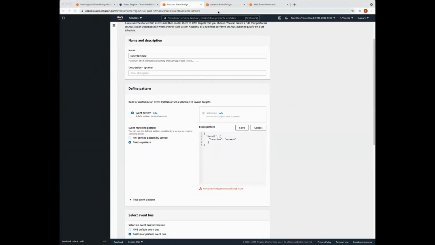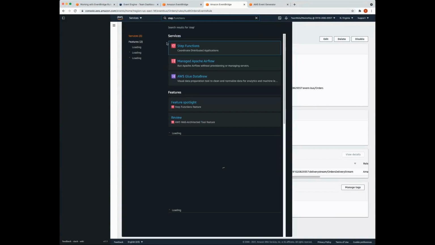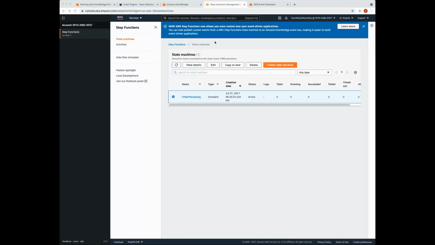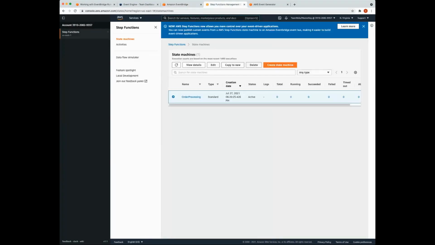One second here. In the interim, let's navigate to the Step Functions console. We're going to have to do the publishing again because the rule wasn't actually saved. One second here.